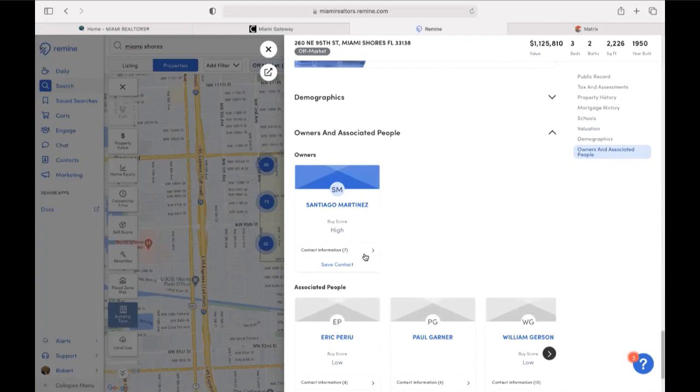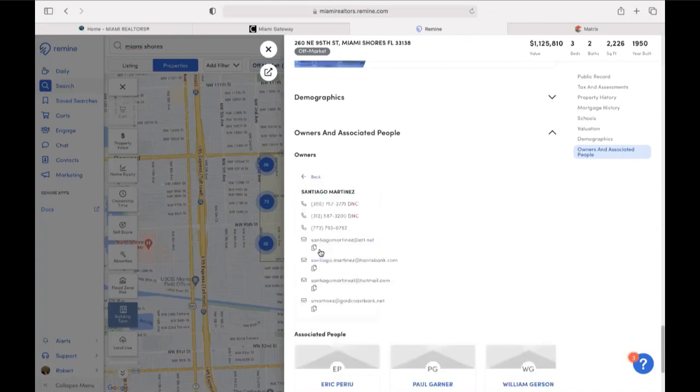There is contact information for every single owner inside of Remine. You want to click on contact information, and here we have several phone numbers. Some of the phone numbers are listed on the do not call list. So whenever you see in red letters DNC, that means those phone numbers are registered on the do not call